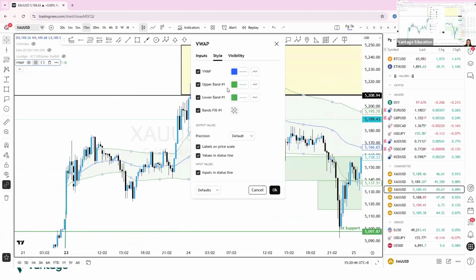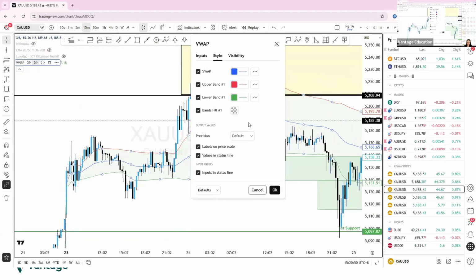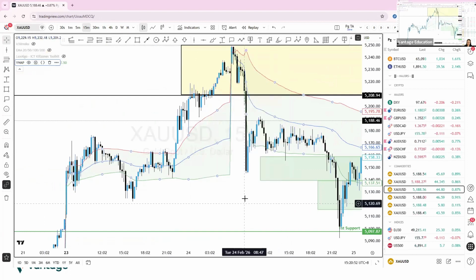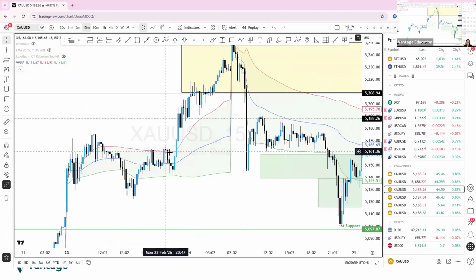Style. Upper band, we can use red, and lower band, we can use green. Okay, easy for us, right? In this one, this to me is a sell angle resistance. This one, when it breaks above, you'll see that it pulls back and becomes the support level. Broke below here, whenever it breaks below, we're not going to buy. You can see that this one closes above the lower band, then you buy here at the pullback,